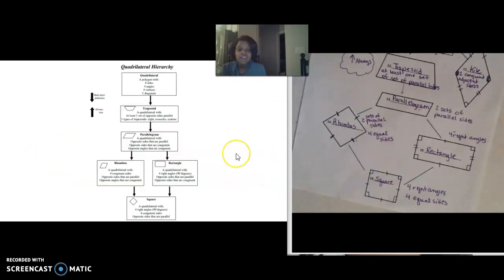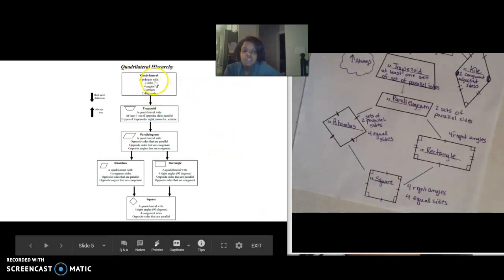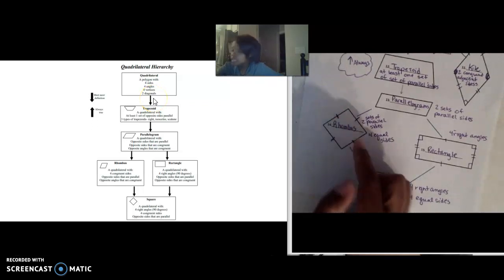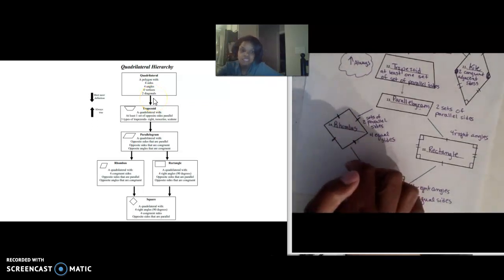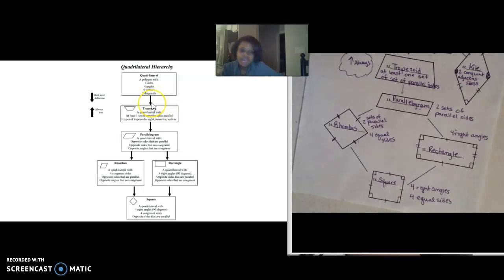So here's another hierarchy that I wanted to show you. So if you look at this one, it's just more of a simple one. It does not include a kite, but it's just a better way and maybe an easier way of seeing how the hierarchy works, okay? To be a quadrilateral, you have to have 4 sides, 4 angles, 4 vertices. Vertices are the points at which the angles meet, and 2 diagonals. So that means that it has to go one way and then the other one has to go another way, okay? All right, so